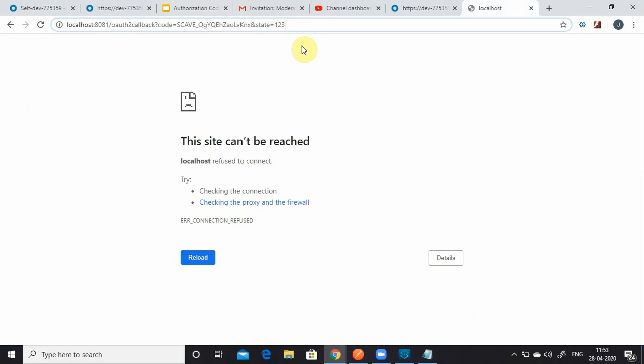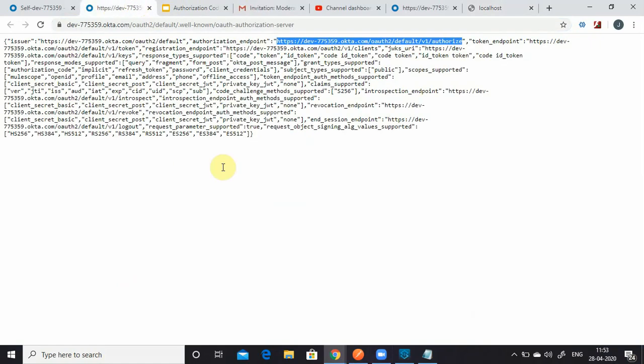So what state we pass value, it came back into the response. So basically, why do we want state? If you want to do the response mapping with the correct request, you can make use of this state. So now next step, we have to generate the token. So copy this token URL,